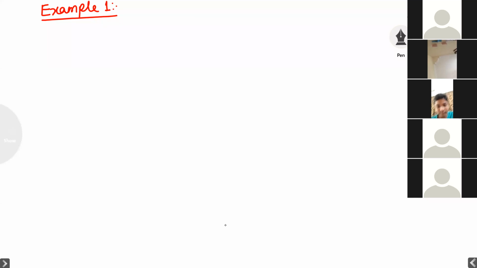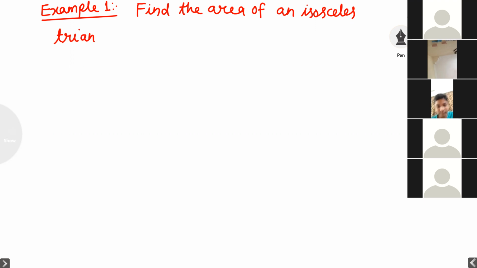Example 1. Find the area of an isosceles triangle if the perimeter is 11 centimeter